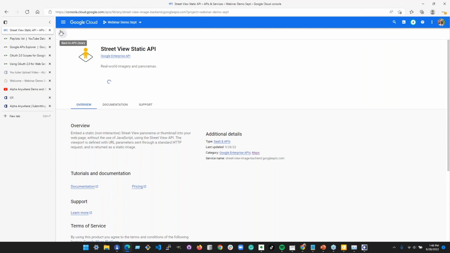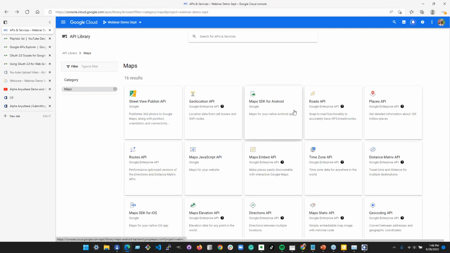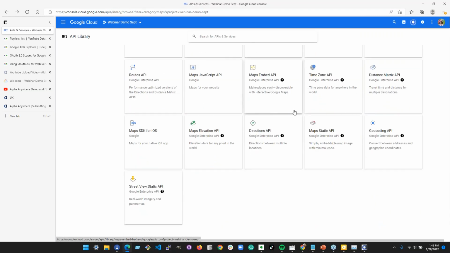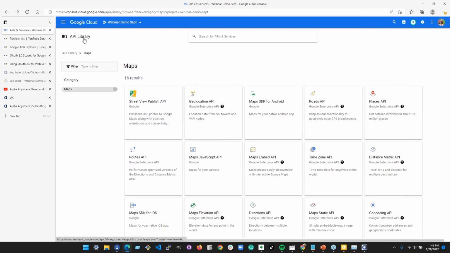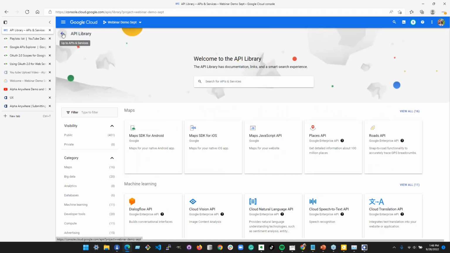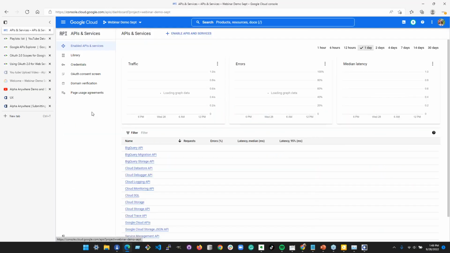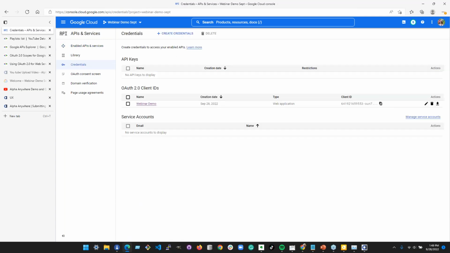But we can enable that, and I don't see anything else here that is about searching for something. So I'm going to assume one of those three captures it. Yeah. And if we go back to API library and click the back button, we can now go down to credentials and add a new API key.